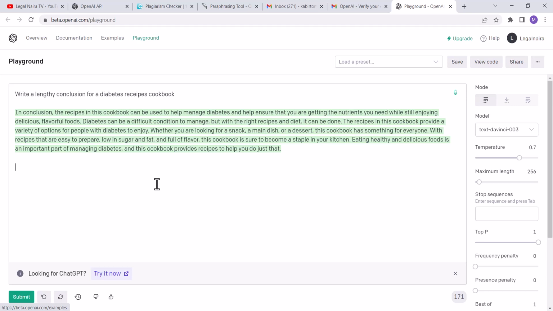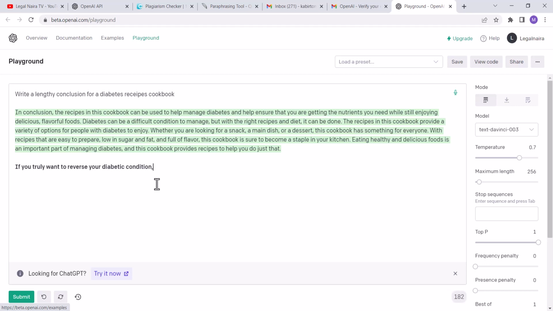All you need to do now is to start a sentence for it. You know, I told you I'm going to give you a top secret. This is the top secret. Anytime it gives you short content, you can simply start a sentence for it and it will continue. As it has given us this one, this is actually a conclusion, that's why it is this short. If I say write an article about diabetes recipes cookbook, which can be used for a conclusion, it will be more than this, okay? So at this point, I'll just say, if you truly want to reverse your diabetic condition,